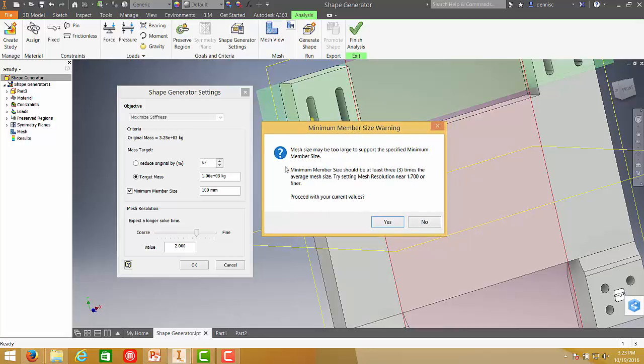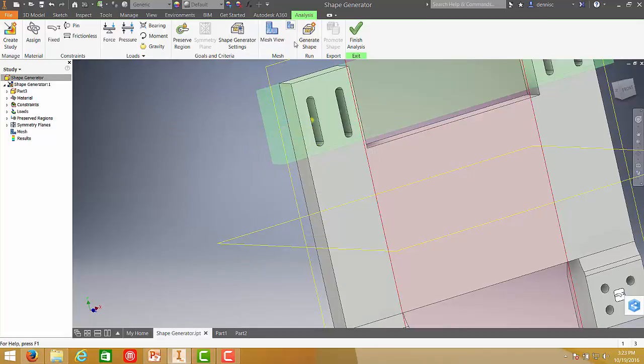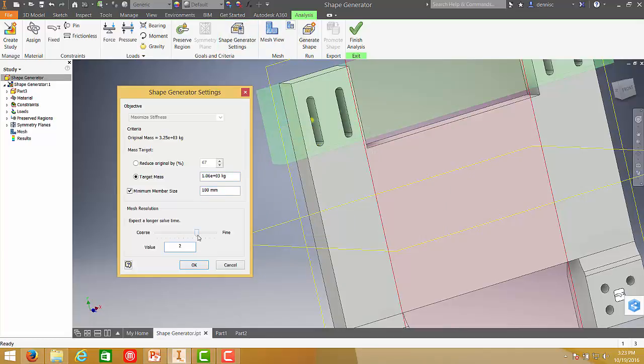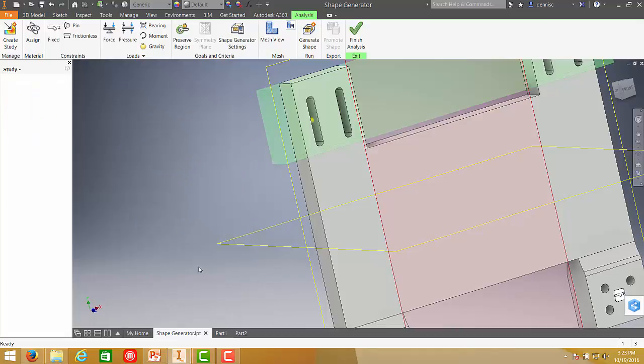So from here, you could see that it says try setting mesh resolution near 1.7. So this is the mesh resolution. As mentioned in the box, I'll just have to set it near 1.7. So I'll set it at around 1.5.